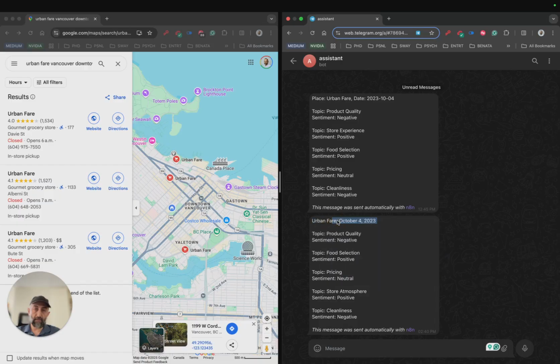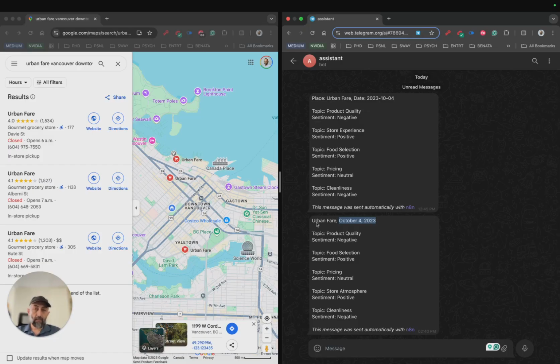So, the name of the store, the date, okay, which in this case the date is wrong. I have to find out why, but it's okay. I will double check. But this is the part which I wanted to show you.